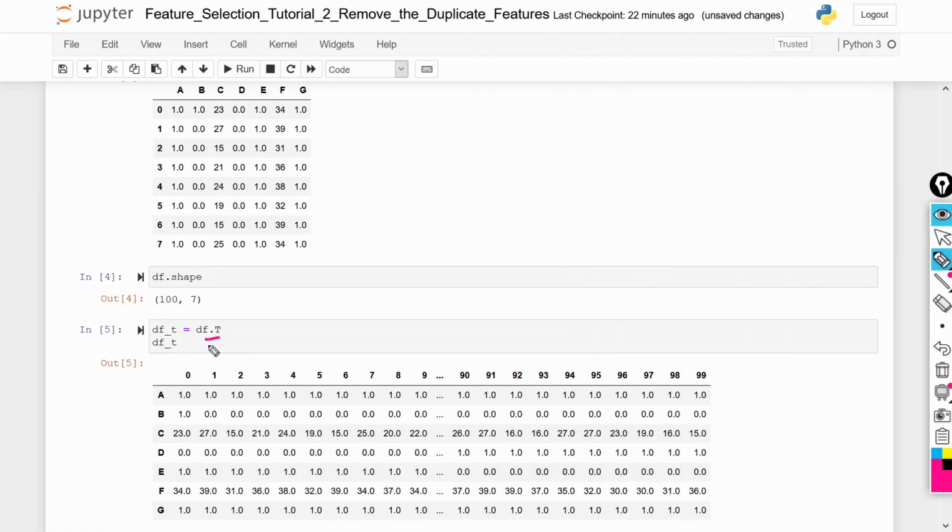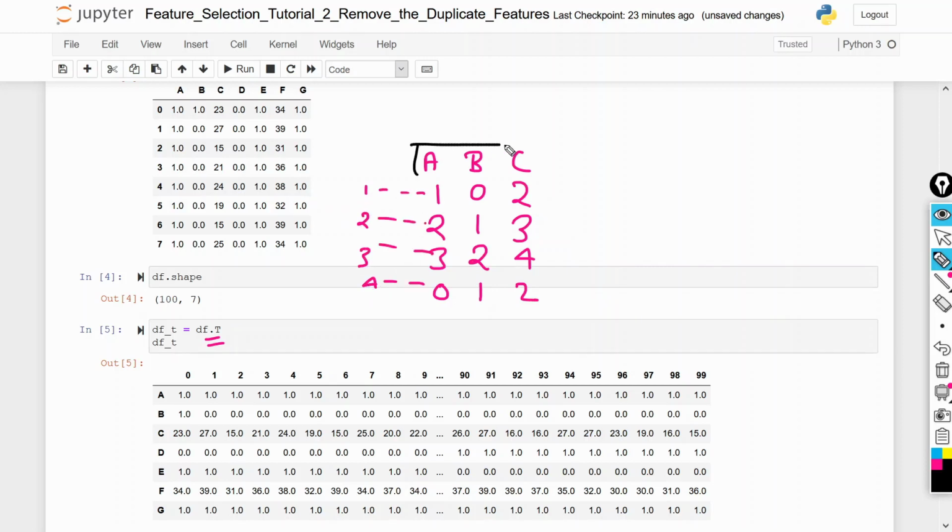What will the transpose do? Let's say in our data set we have features A, B and C, with values 1, 2, 3, 0, then 1, 2, 2, 3, 4, and 0, 1, 2. These are the features we have and these are the rows we have.